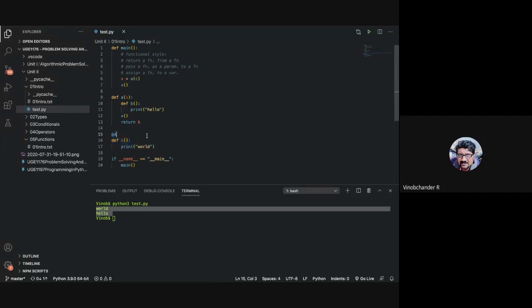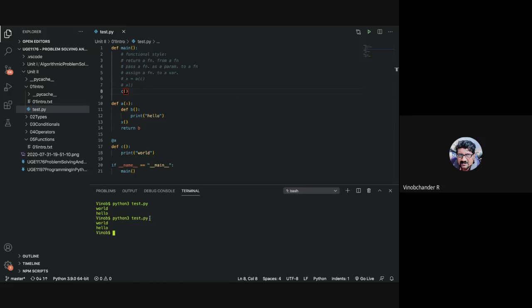All right. So this makes this a decorator function. A decorator function is something that returns a wrapper function, and as you can see here, this returns a wrapper function. And this function C is passed as a parameter to the function that you call, which is A. And rather than doing it this way, you can now call this C directly. Just a shortcut kind of.